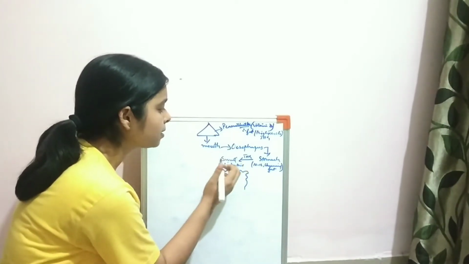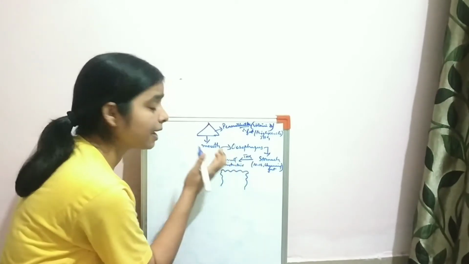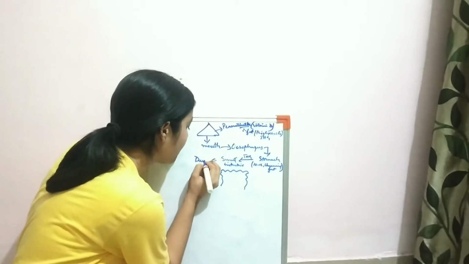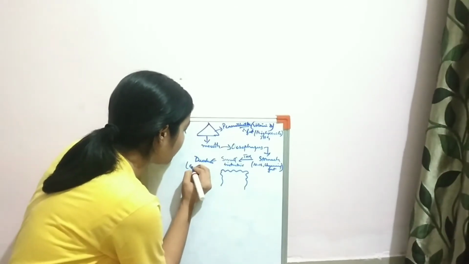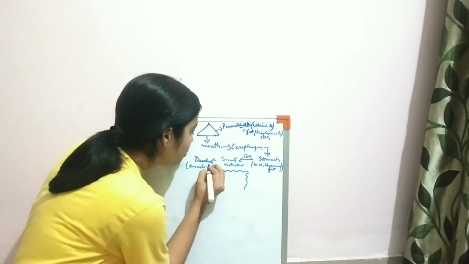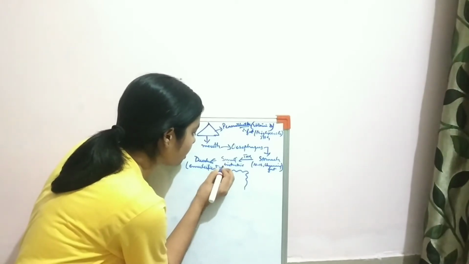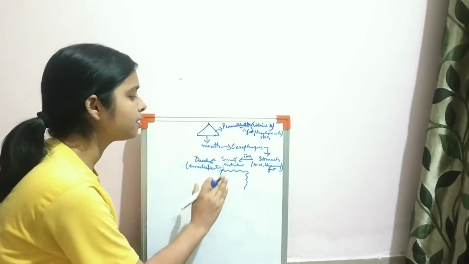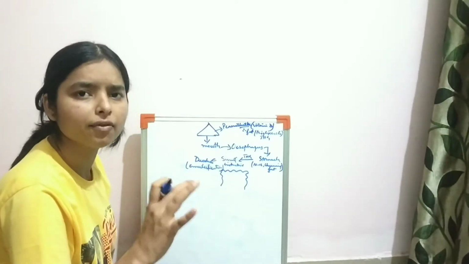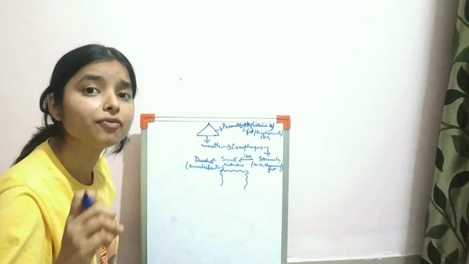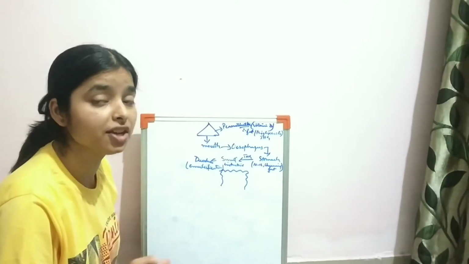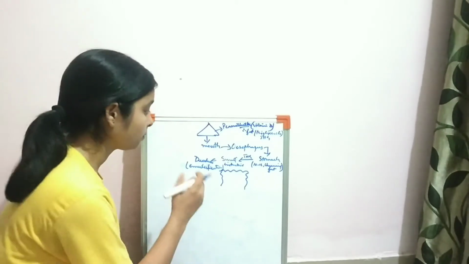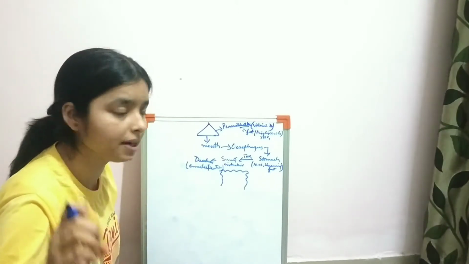So what happened? As soon as the triglycerides entered the small intestine, first it enters the duodenum, and in the duodenum emulsification occurs. Now who is responsible for this emulsification, and what is emulsification? Emulsification simply means the breakdown of big fats into small fat droplets. The structure doesn't change, only they get into a smaller form. Fat gets into smaller droplet form.